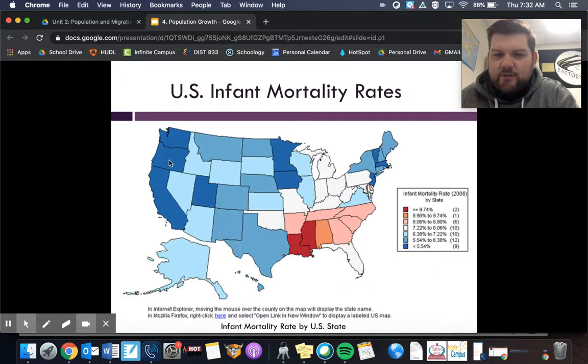If you look here, you can look at the infant mortality rate across the United States. This is from 2006, so it's a little bit old. But as you can see, in the South they're pretty high, versus here in Minnesota, we're among the lowest infant mortality rates. Kind of interesting just to look at. I'm not sure why the South has a bigger rate. It could potentially be due to